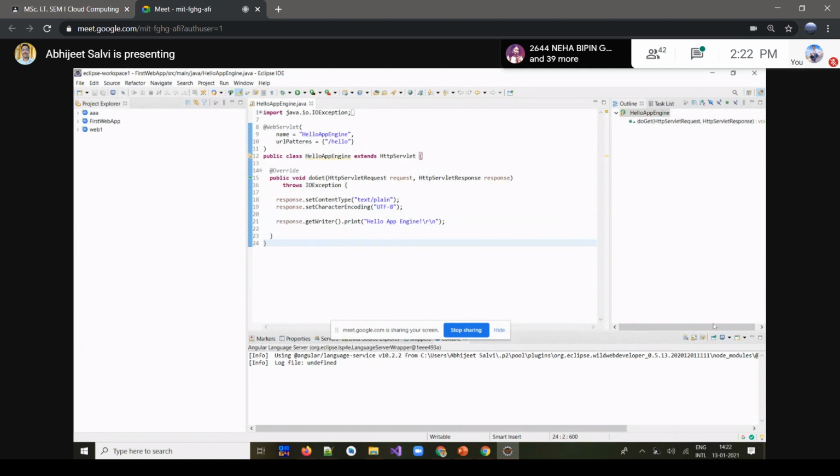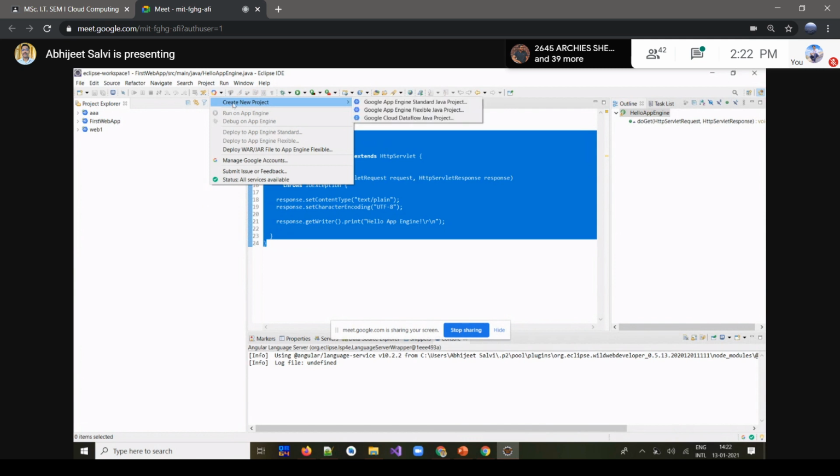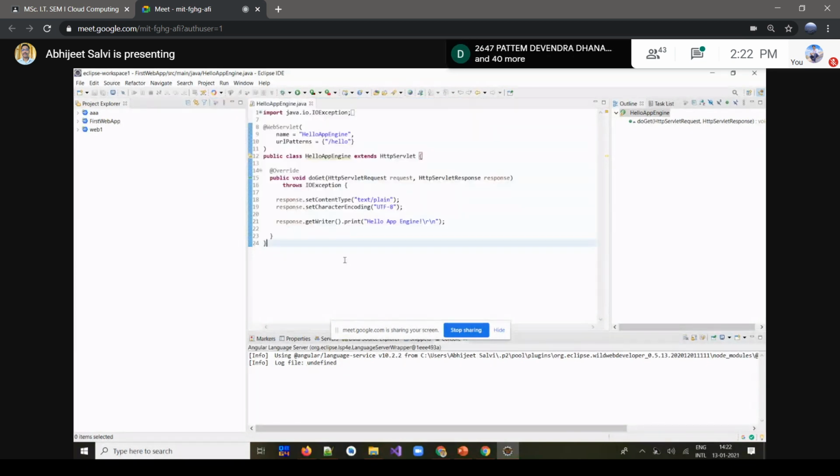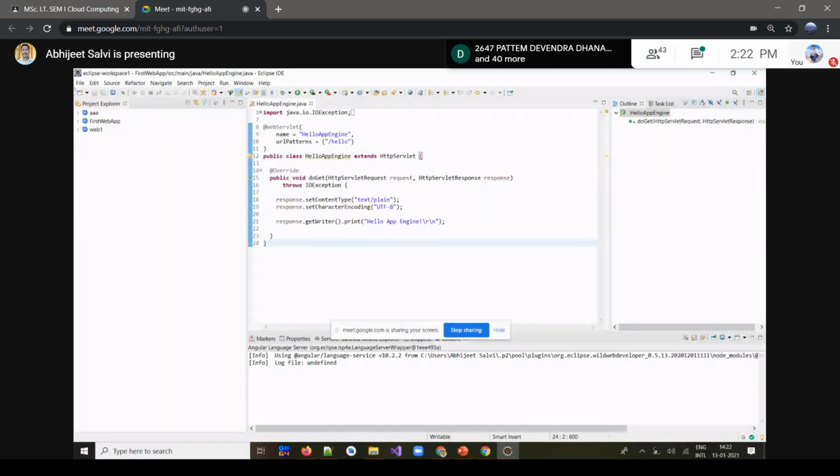So this is one of the pages we created. This is also automatically created when you go by this option, App Engine, create new project, and go for the Google App Engine Standard Java project over there. The first step, I told you, was to download that extension.